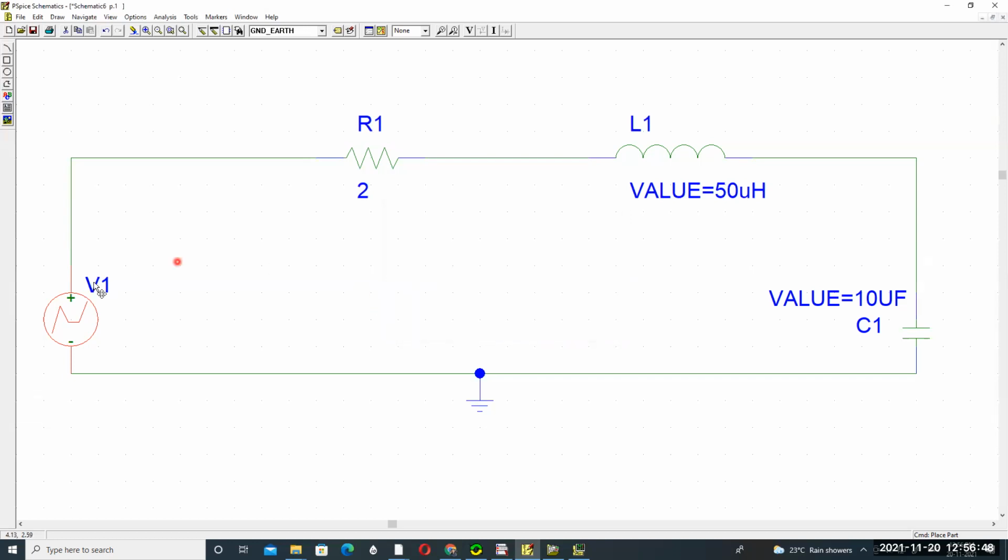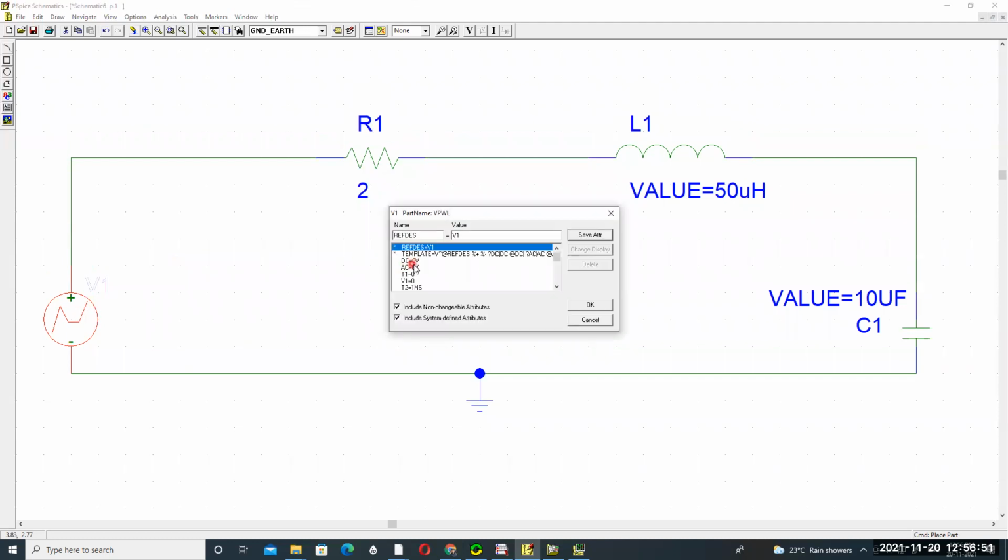So each and every element is adjusted: DC 0, AC 0, T1 is 0, V1 is 0 at starting; T2 1 ns, V2 1; T3 1 ms, V3 1. Okay, understood. So at starting, like this, our step input is practically like this.